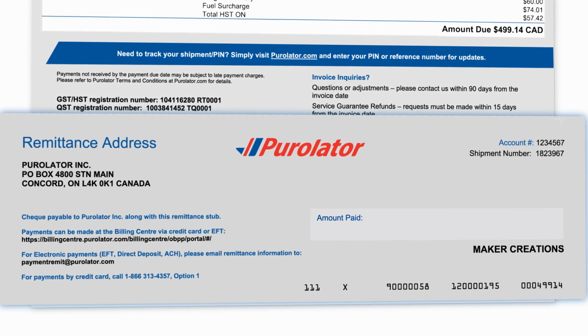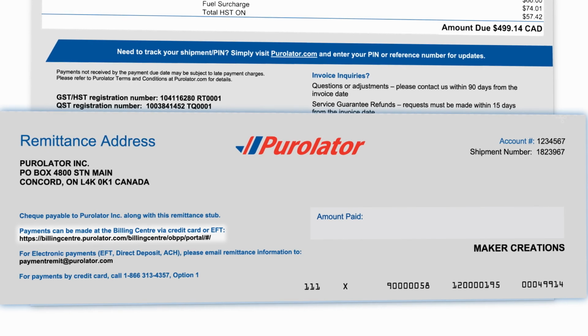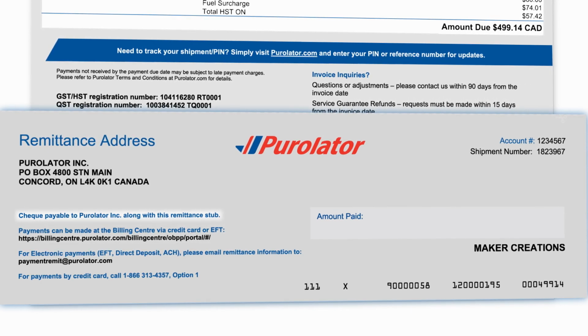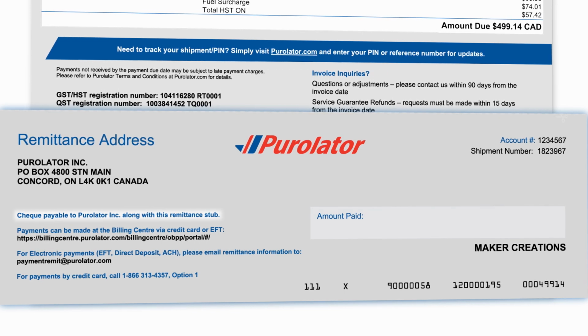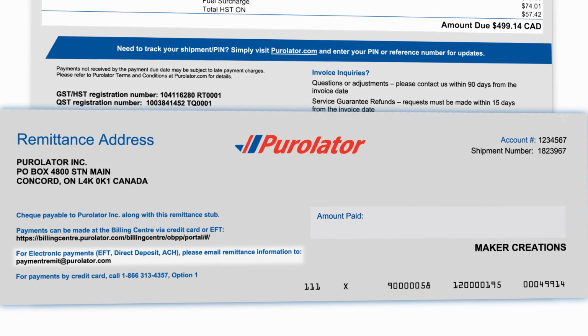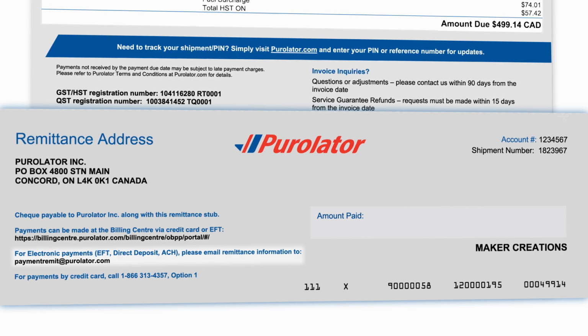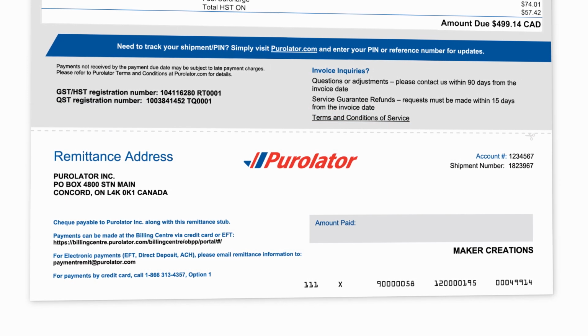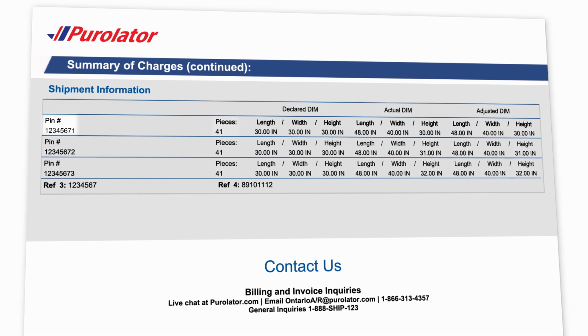There are a few ways to pay your invoice. The easiest way is through the billing center. You can also use a check, payable to Purolator Inc., and enclose the remittance stub, ensuring that the amount paid field is filled out. And you can pay by EFT, direct deposit, or ACH, and email the remittance information to this address. The next page breaks down the details of each pallet, including the PIN for tracking, the number of pieces,